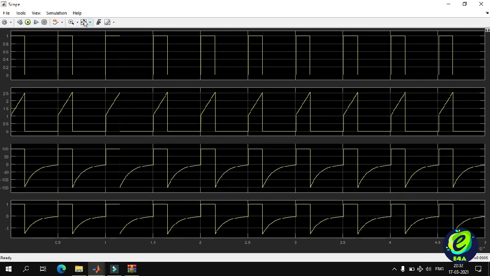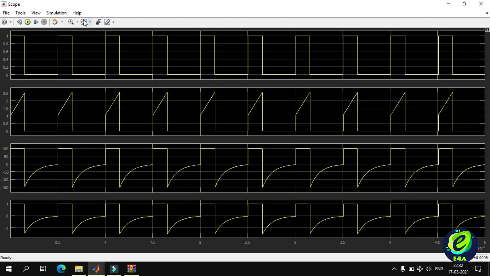The first one is the PWM signal, the second is input current, the third one is output voltage and the last one is output current. As soon as the switch is turned on, the current in the primary side rises linearly and reaches maximum at T on. During this time, the energy is stored in the transformer and some energy is transferred to the load. When the switch is turned off, the stored energy is transferred to the load, but there is a change in the direction of the current.